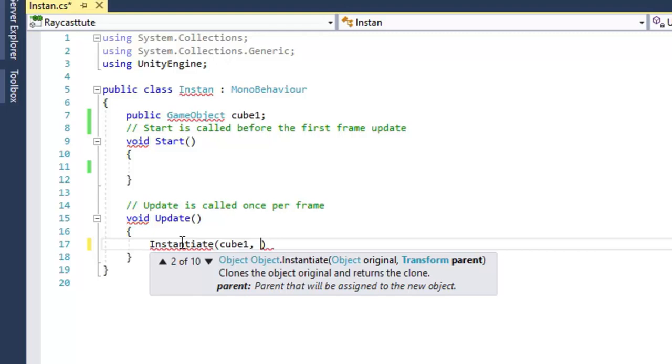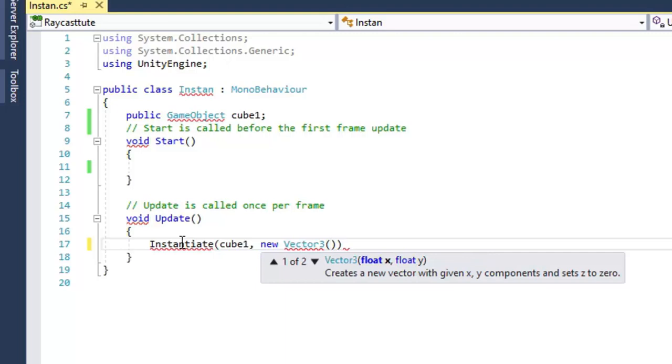So for that I have to provide random locations. We can generate an object of Vector3, and here we have to provide the range for the x, y and z directions, so we can generate the random range.